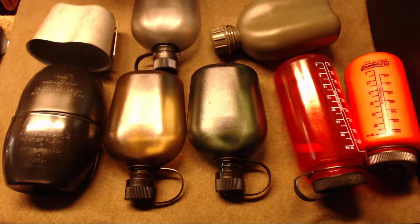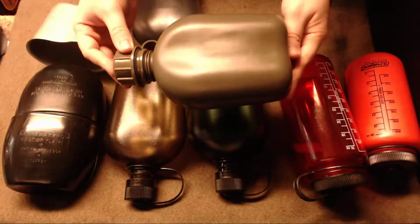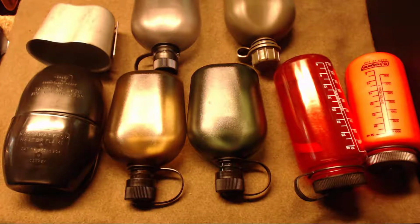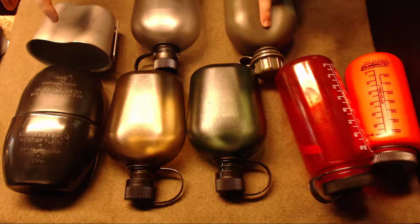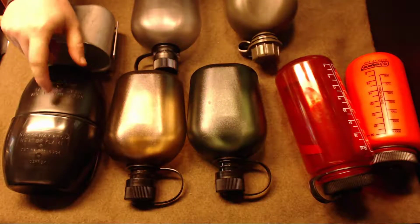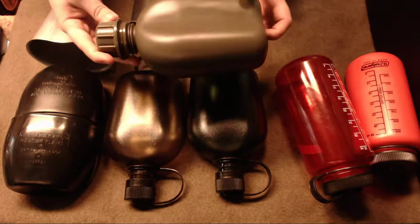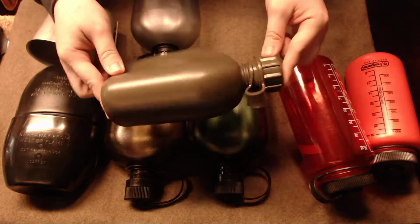Number 1, Surplus, if you want the cheapest and more durable. The USGI one here is the highlight. In contrast, this one is a United Kingdom Surplus container. I'm not sure if the European Union uses it, but I think the main point to make here is if you're in the US, this is going to be much cheaper and easier to get. If you're in Europe, this one's going to be probably cheaper and easier to get, although I might be wrong in regards to this one. So the thing is, you can get something like the USGI one, US General Issue, for about $4 when I purchased them. And I think the USGI one is ugly and cheap as it might look,